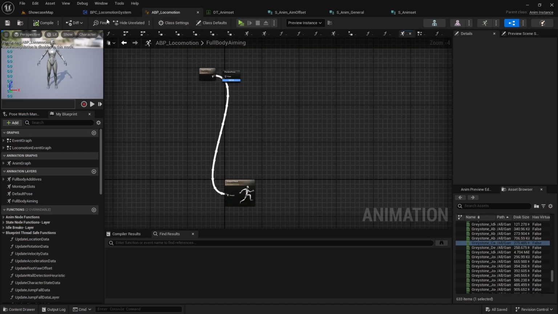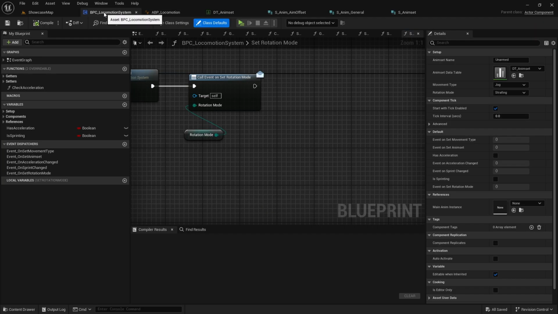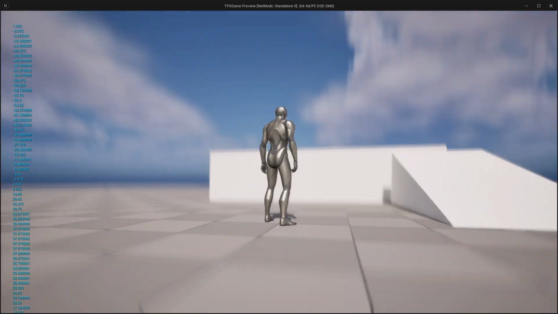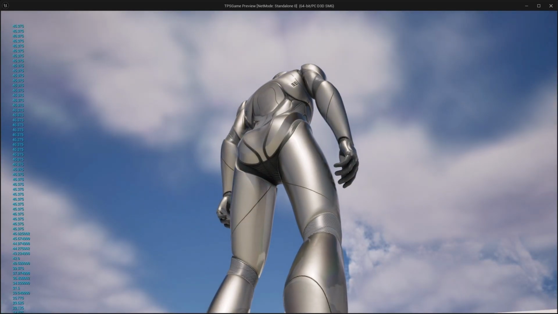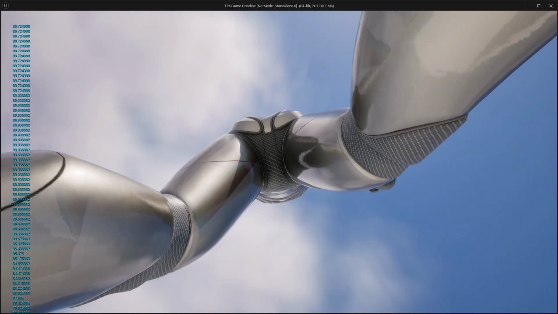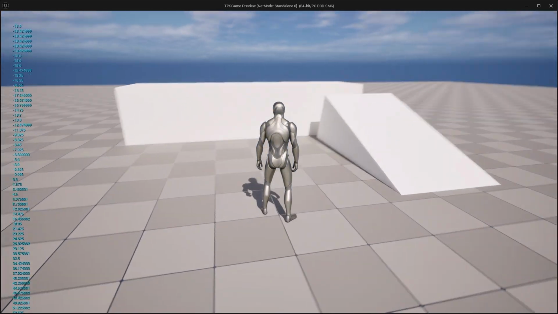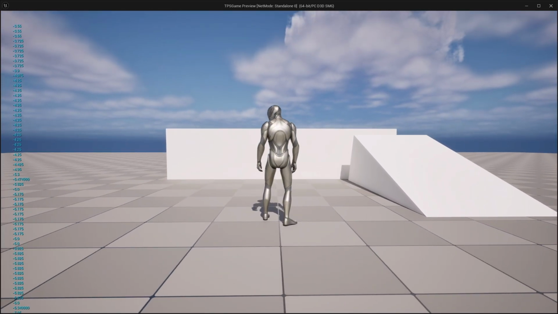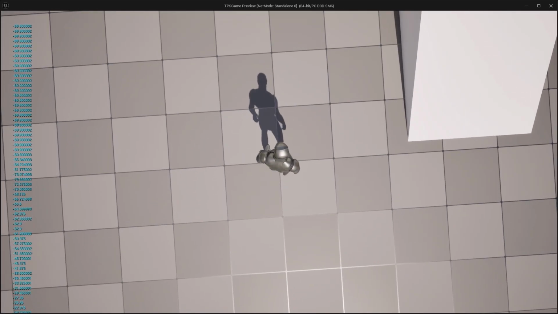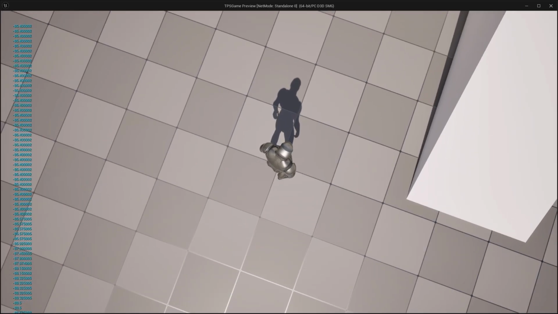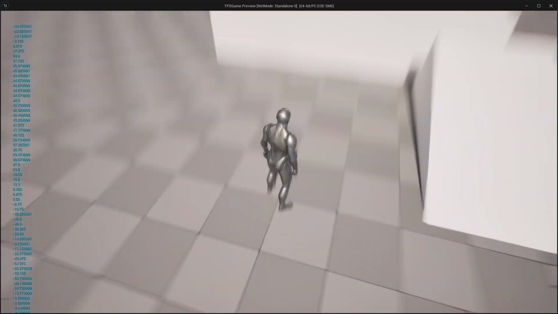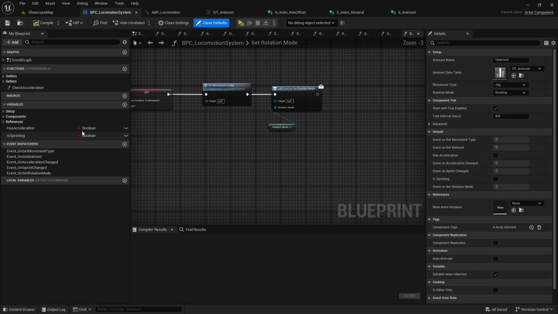Right, so it's double printing, so let's go for a different component and try to play, and now it's not double printing. I can see when I look up, it's a positive value, and it would be clamped at most to 90, and if I look directly, it's close to 0. And if I look down, it goes to minus 90 at most. The value is actually clamped and it's updating properly. Okay,